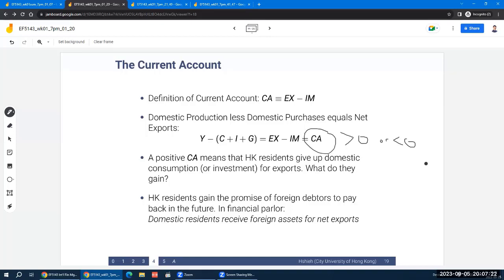All right, so that's the positive direction. Okay, so what if you have a negative current account? When you have a negative current account, it means that total output, which is Y, total income. When I say income and output, I mean the same thing, okay? I use output because we're talking about real goods and services. So when Y is smaller than C plus I plus G, that means I'm actually consuming more than what I